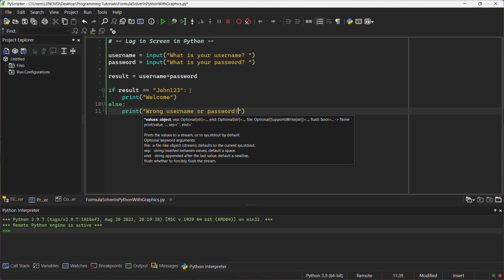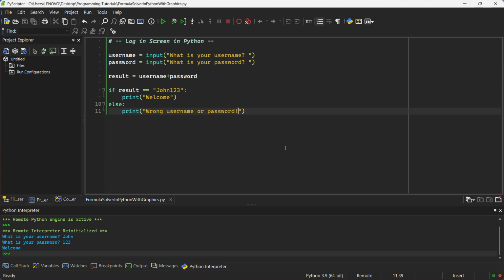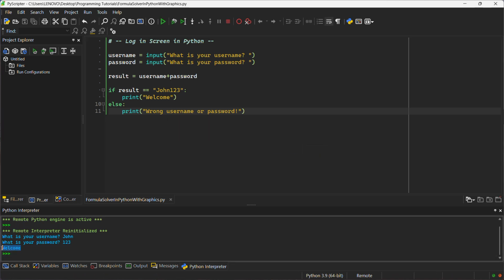And we can run our code, and in the terminal we'll see our first prompt. We'll just see what is your username, and I'll type in John, just like this, and I'll hit OK. Then they'll ask me for my password. I'll type in 123, hit OK, and as you can see in our terminal we get welcome